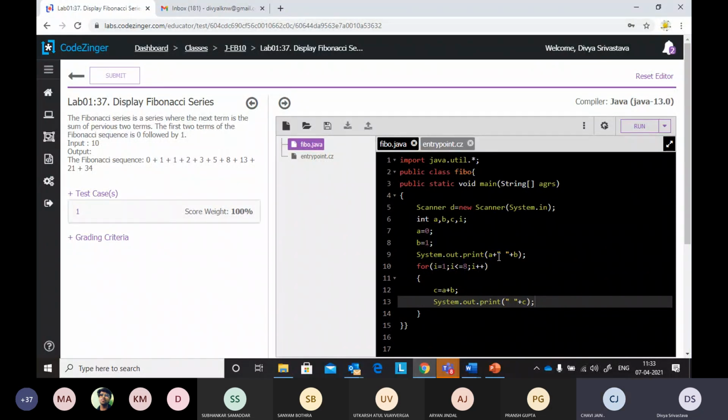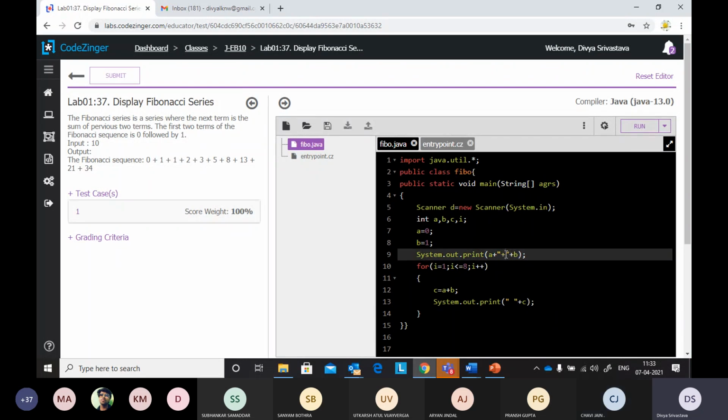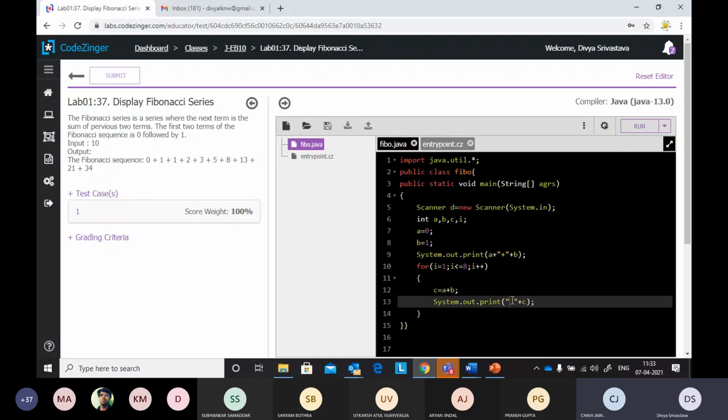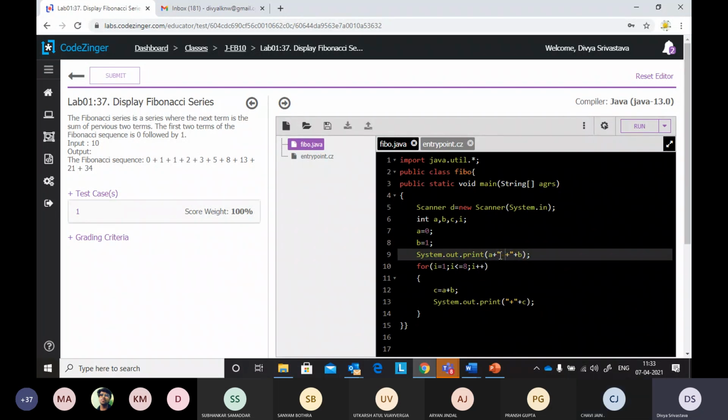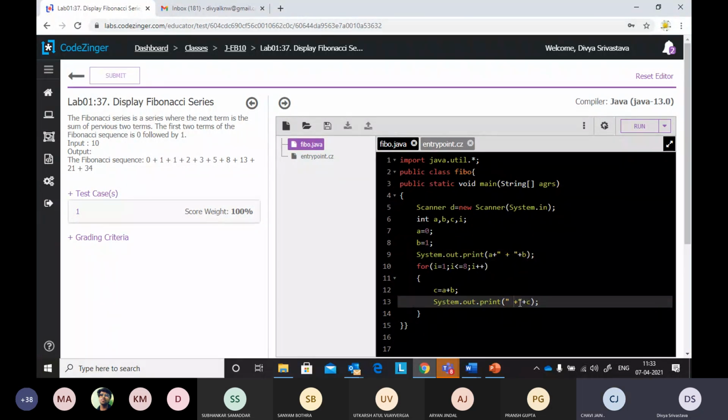But here, because we have to print 0 plus 1, instead of a space we need a plus. Space plus space. Yes, that we will see in the output difference.